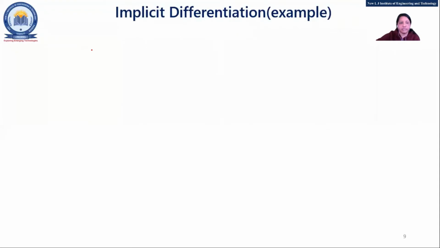Okay. Now the example. Suppose, just a minute, mostly all examples are given like this: x cube plus y cube equal to 3axy, find dy by dx. Simply you need to find dy by dx. So this is our fxy, right? So our fxy is what? Fxy equal to,